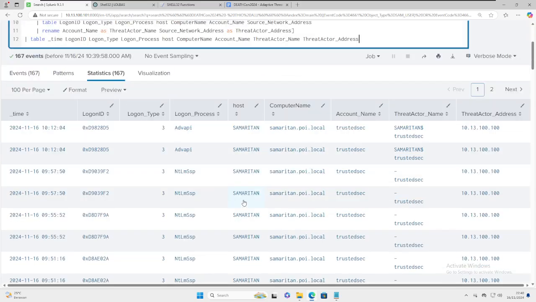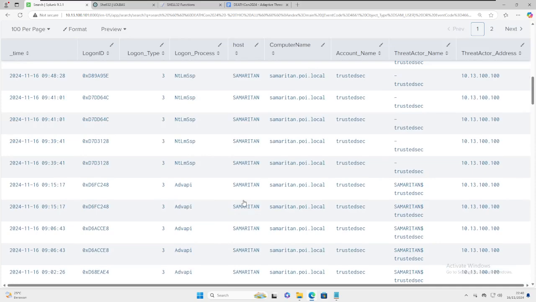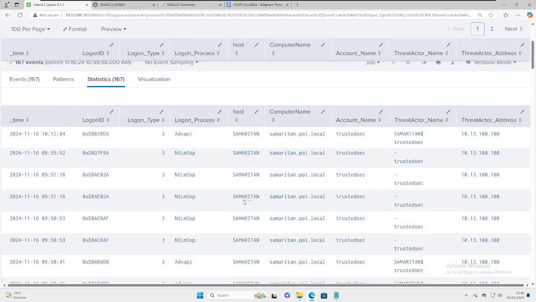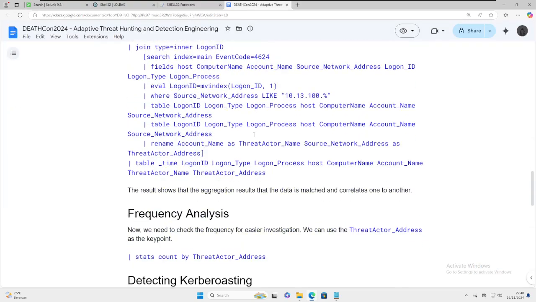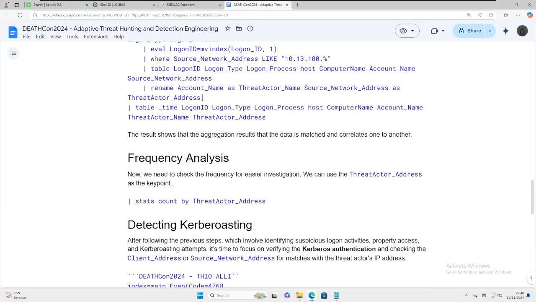Here is the result, showing the logon ID, the logon type, the logon process, the host computer name, account name, threat actor name, and the threat actor address. We already know the fields and the information.